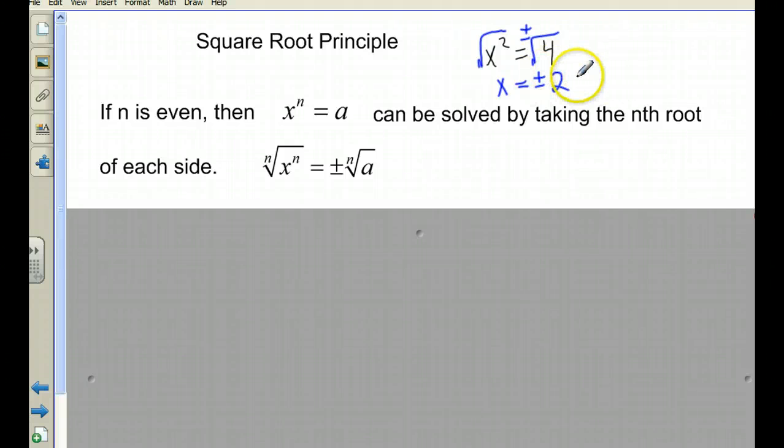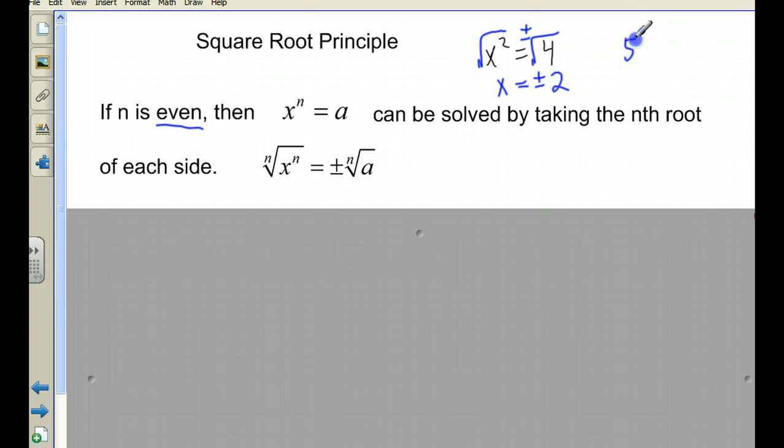And that's my solution. That's an easy way to say there's two solutions there when you use the plus or minus. And so just designate one side whenever it's an even root, like square root or fourth root or sixth root. You always have to do that when you're solving. You can take the square root of the whole side. You can't take the square root of each individual term, but the whole side. That means if there's two terms on one side,